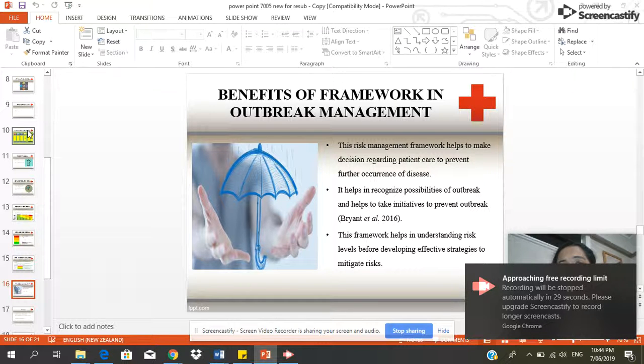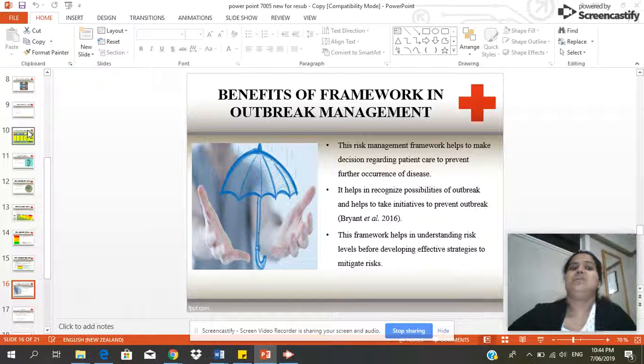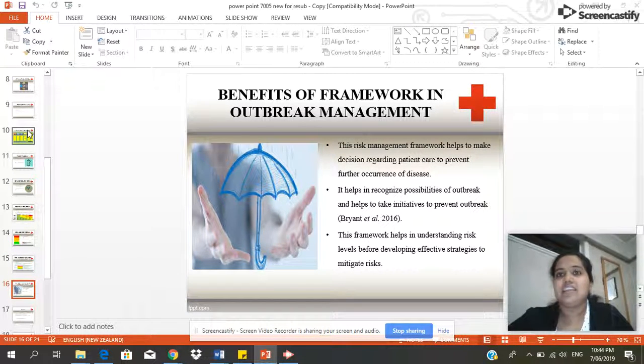Now I am concluding my presentation. So in conclusion, climate change and infectious diseases are interdependent and linked with each other. Climate changes are the main contributors to the transmission of infectious disease, and the information collected from infectious disease is to be modeled into strategy for risk management and assessment. I conclude my